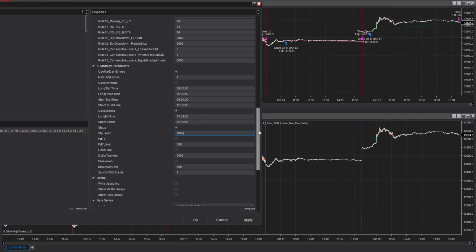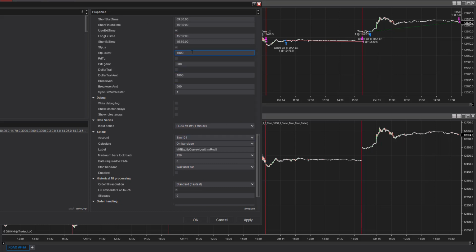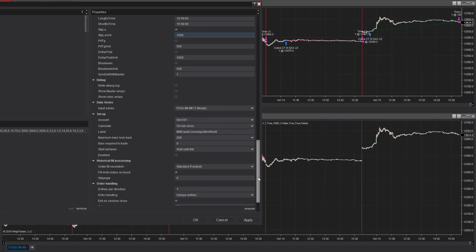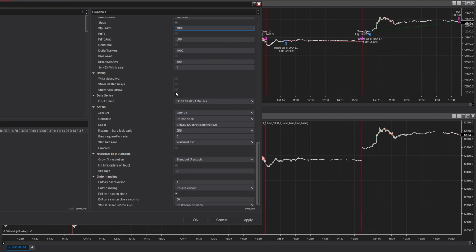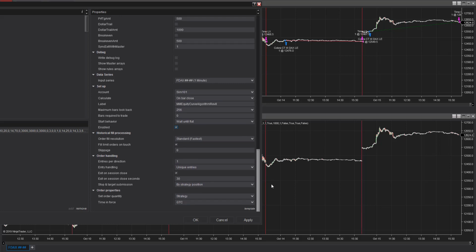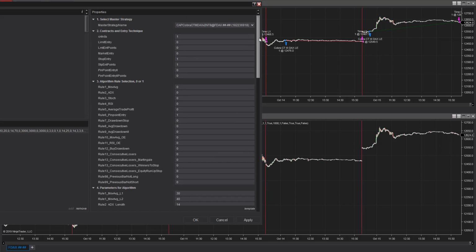Uses a 1,000 euro stop loss, and so can't be afraid of using a larger stop loss in the DAX. 1,000 euros is not much. And so, let's see what else. That's it really. The debug, you don't have to worry about that. That's for programming. You enable it and you set it up with these other basic standard parameters, and that's the setup. That's the setup that you use when, if you want to trade the DAX in NinjaTrader 8,